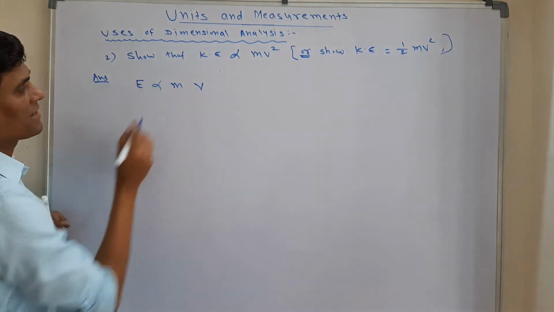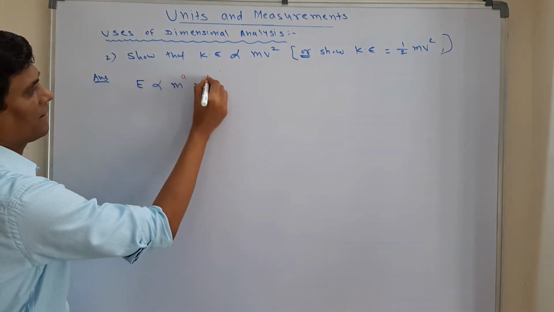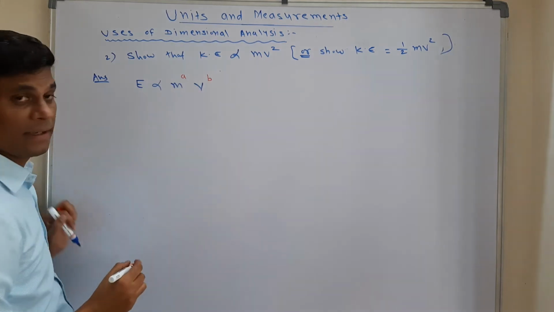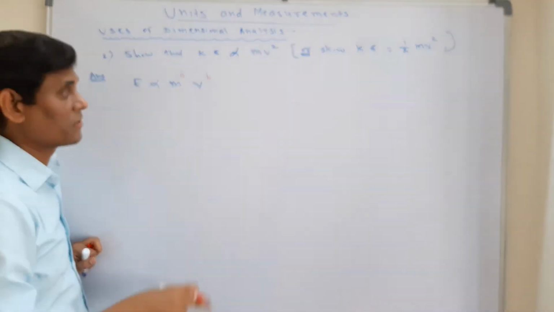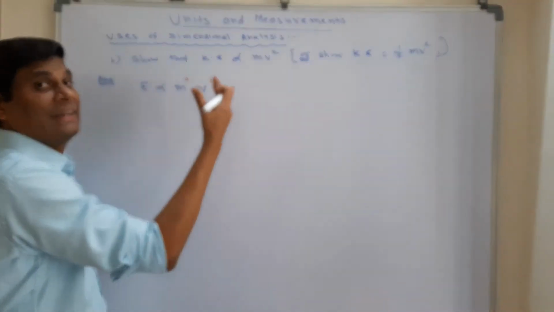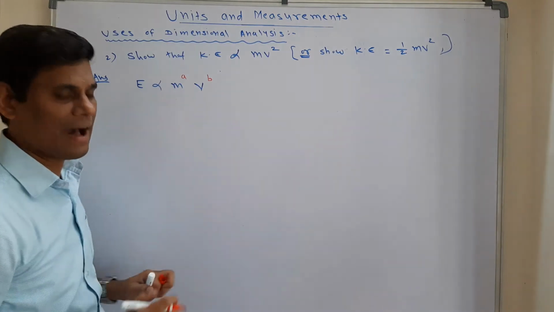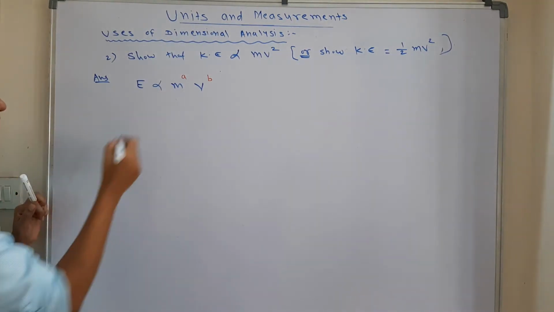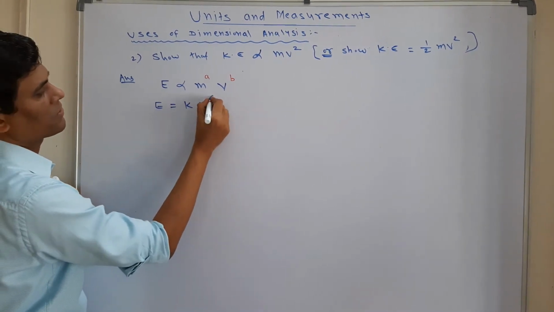Take the proportionality sign, raise the powers by A and B. They want this with dimensional analysis. So we have to raise the powers A and B, get the values of A and B, put them in, and you will get the required answer. So if I remove the proportionality sign, I can write constant K m raised to A V raised to B,